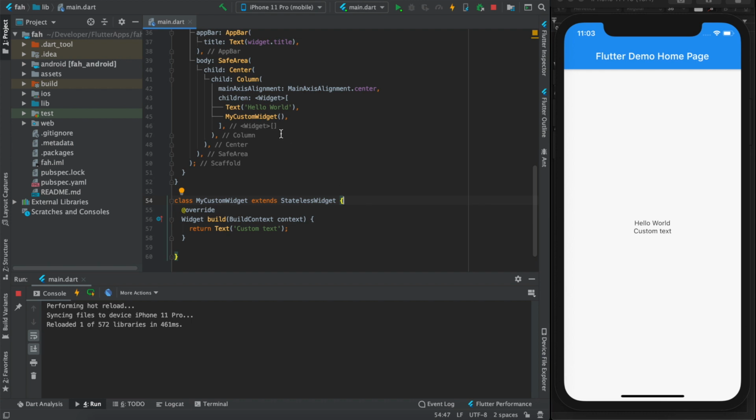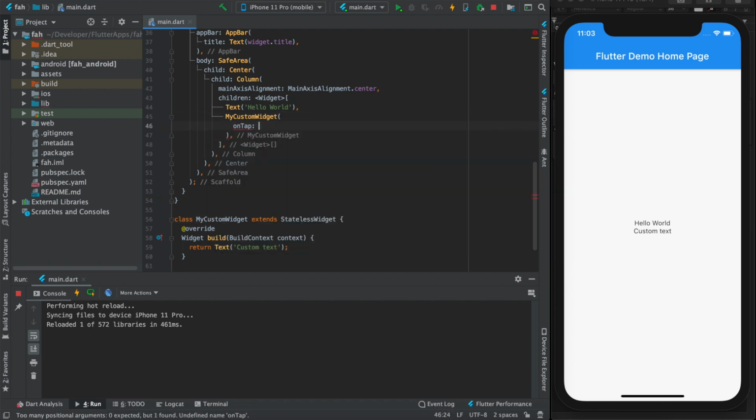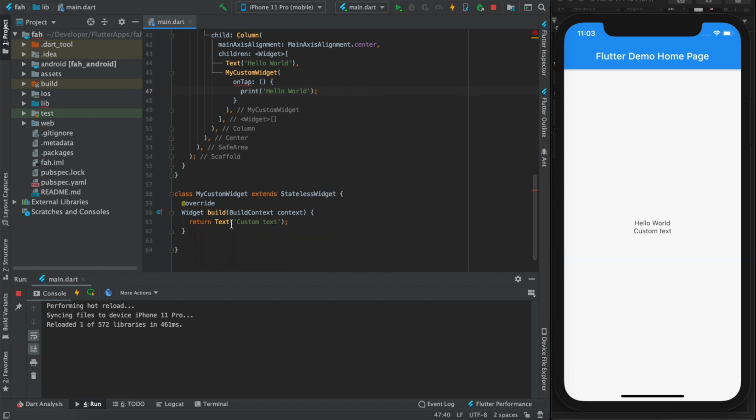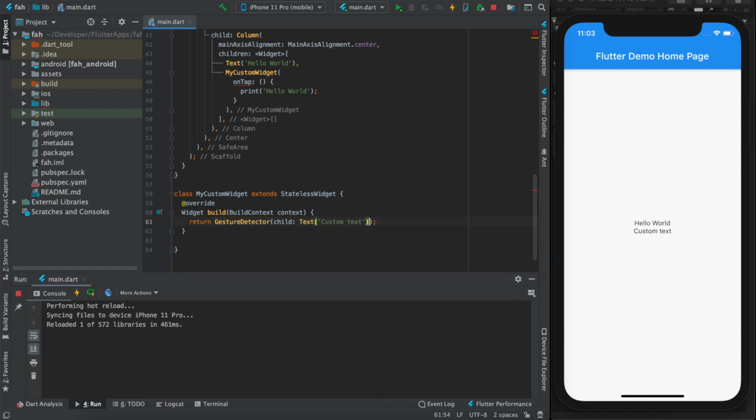So let's add one simple callback inside it. Let's assume that we have an onTap callback, which is the most commonly used one. This is a void callback, so you won't be getting anything, you will just be getting an onTap. Whenever this onTap is called, it should print hello world inside our console. So let's add a new GestureDetector to it, just for the sake of explaining.